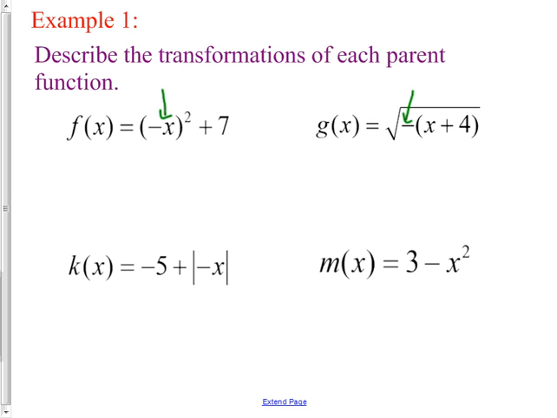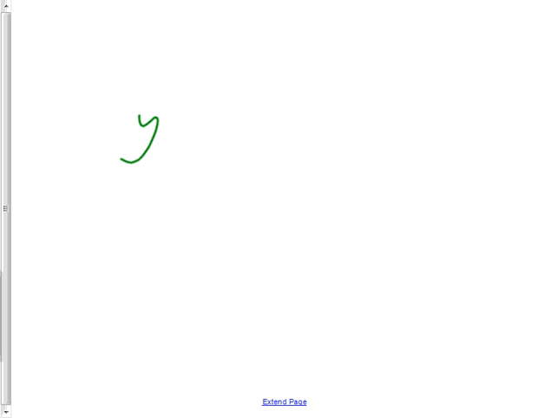Now, some people get confused. They're like, but it's not inside the thing that's inside. Don't get all confused like that. If it's inside of parentheses or a square root, then it's on the inside. A negative out here would have been on the outside. All right, so why does it matter inside versus outside? Well, if you had an equation like this,